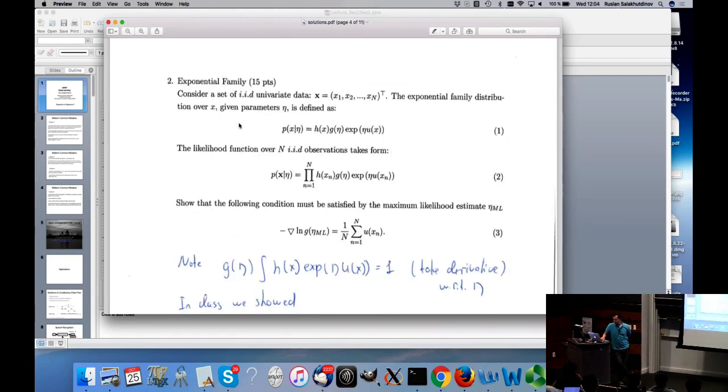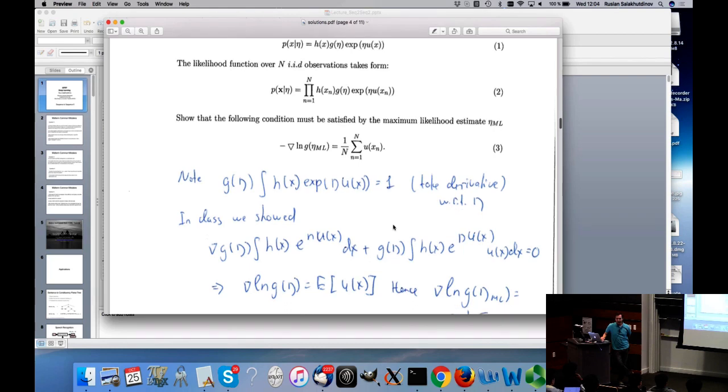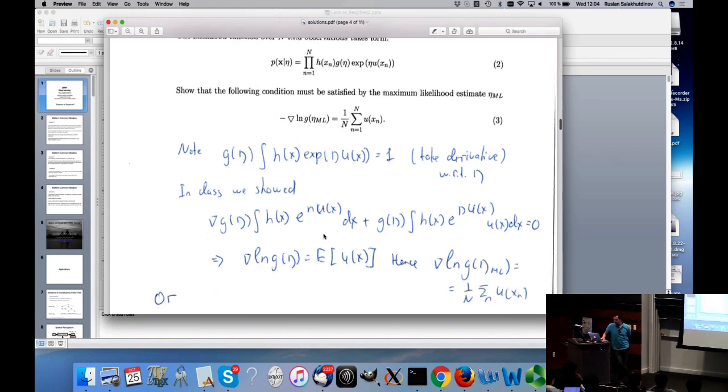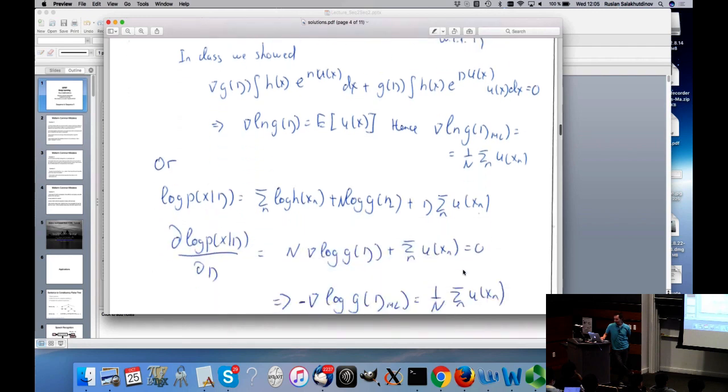The second problem is on the exponential family. As a reminder, you needed to show this expression here. In class, if you look at your lecture notes on the exponential family, we've shown this piece, right? You take the gradient, and say this thing has to sum up to 1, take the derivatives, and you have this expression. But then you had to conclude that the maximum likelihood estimate actually equals that quantity. So people sometimes just wrote this expression and thought that's enough. You actually had to say that that's the stable point of the maximum likelihood estimation.